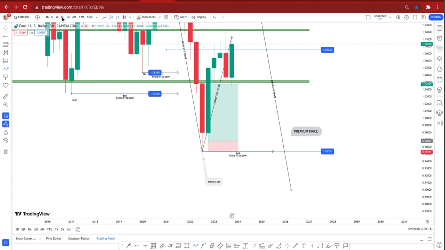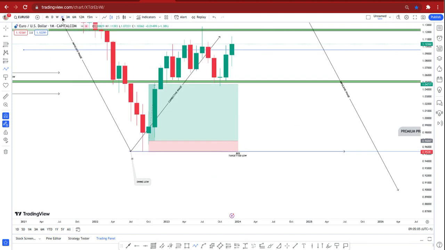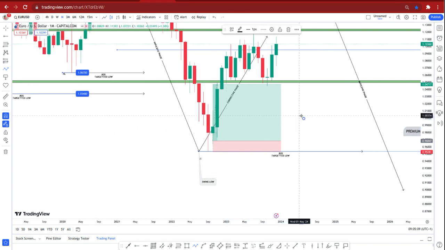So let me go down to monthly. Okay, that's nice. This corrective phase seems to have gone properly in one direction, especially if you are caught up in this zone. Just know that you get a lot of loss in this zone, back to back. I can testify that you will get a lot of loss. If I had been in this position, I'm very sure I would have banked a lot of loss in this position,